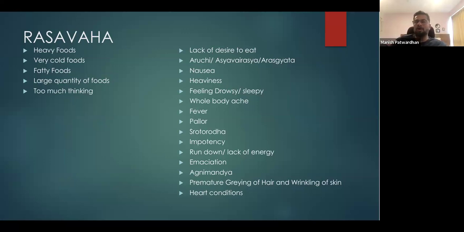You may want to jump onto Manovaha Srotas or mind and start talking about mind, etc., but please understand, everything, including our mind, is made from the food we consume. And the starting point for the food to start nourishing the body is rasa. And if the rasa is disturbed, you can't expect the next tissues and your heart and your brain and your sense organs and your mind to be nourished.